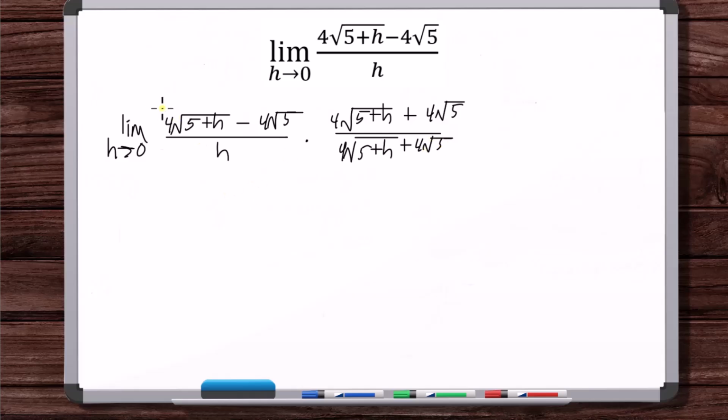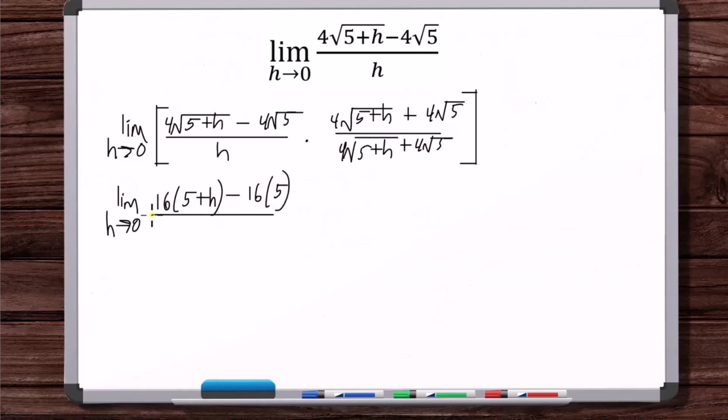Okay, so what we're left with is, so you get 16 times 5 plus h. Then the middle term subtract out, and you just have 16 times 5. Okay, then you've got h times